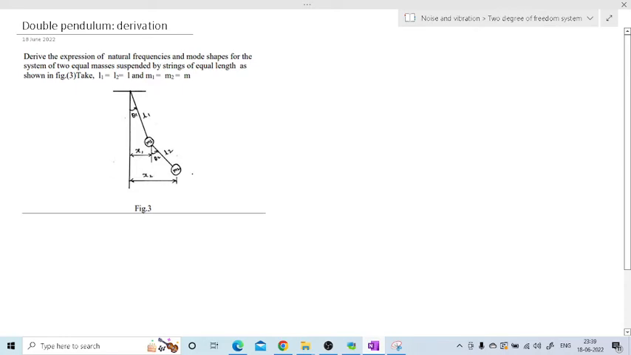So x1 and x2 are the linear displacements of these two masses from the equilibrium position. And if we consider the angles, then the angle of mass 1, that is string 1, is theta 1, and the angle of mass 2 with string 2 will be theta 2. Means in this problem we have the angular displacement and the linear displacement. Now to get the relation between the angular and linear displacements, we will have to do some geometry. Now before going to those relations, we'll